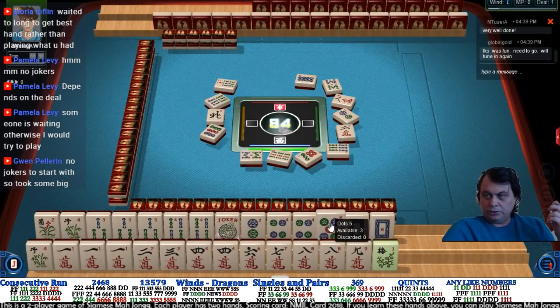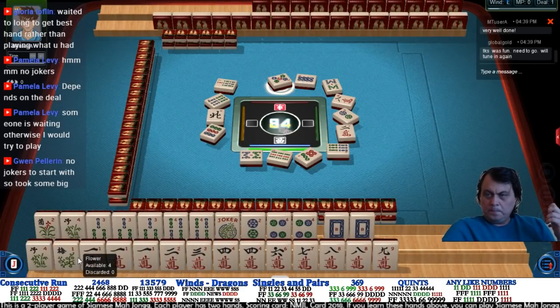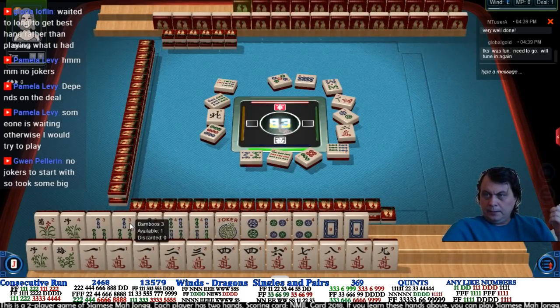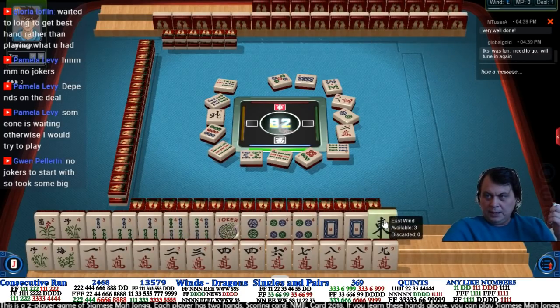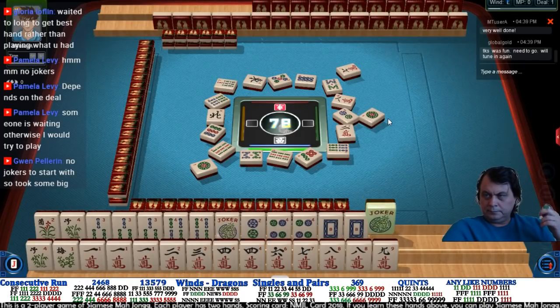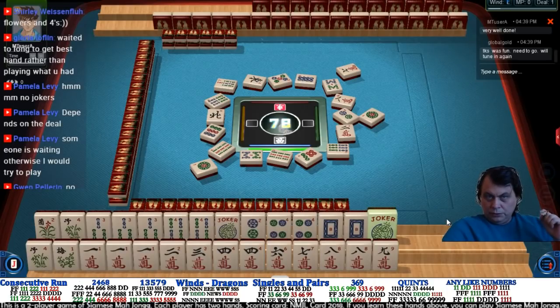Flower. Okay, flower is alright. I already have 4 of them. So these two would go with 3, 4 perhaps. And by the way, 3 is not discarded. One of them is still in the game, and both BAMs are also in the game. So if I would get a matching dragon, that would help. Another joker, that helps. So 6 flowers and 4,